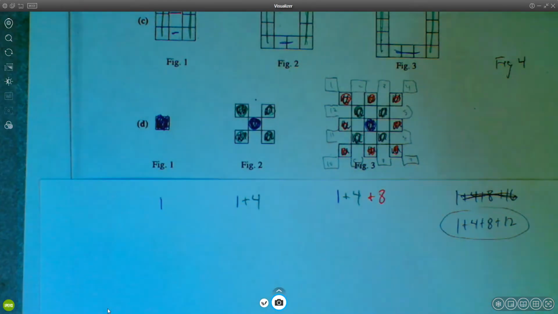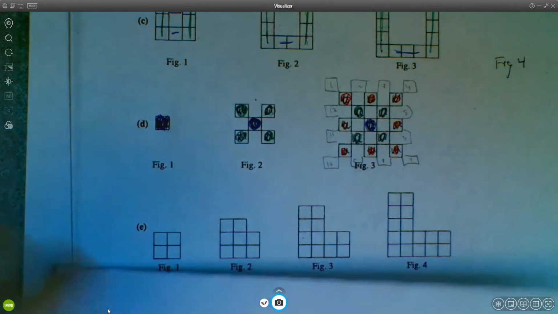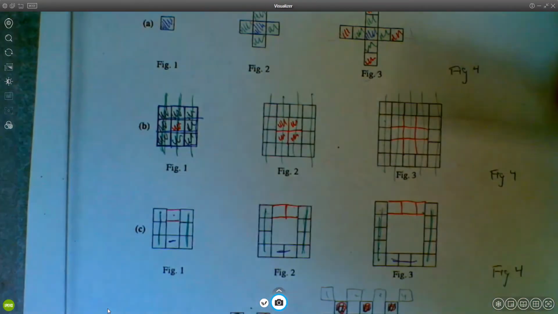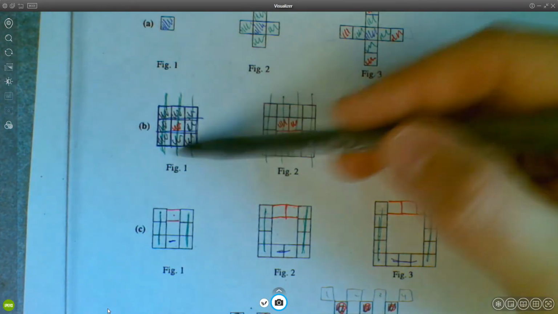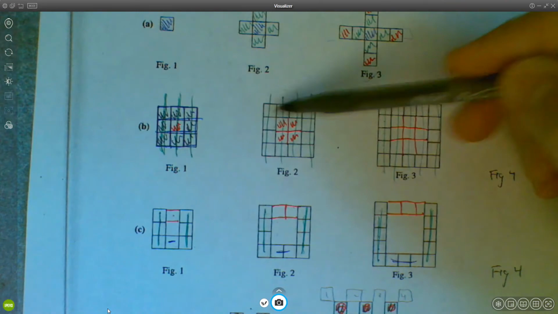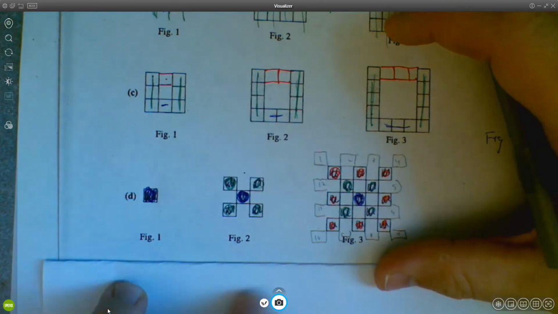Another thing we could try, maybe, would be to, let me fold this in half so that I can have everything on the page at once. Another thing we could try is the trick that we did in part B, where we looked at all of the squares, but then just subtracted off what was missing, right? So if we tried to do that for this one,